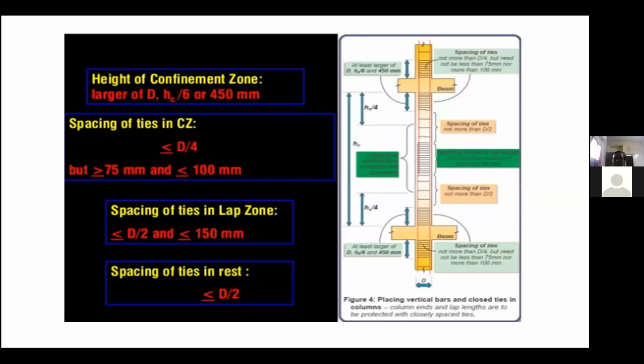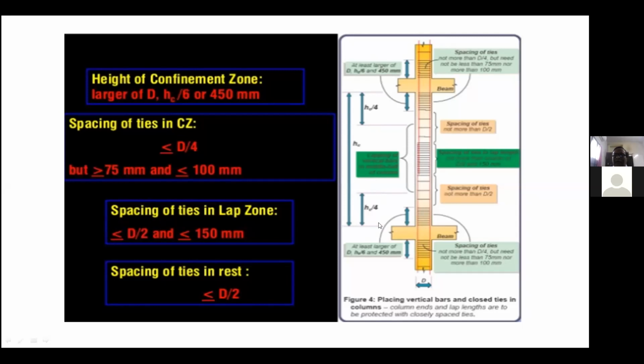Now coming to the column. We talked about the beam, where we have the beam column region and have to provide very close stirrups. Similarly for the column, look at the diagram. This is one floor we have taken for the discussion. You have a beam and beam, floor to floor. The total from the bottom of the roof beam to the top of the floor beam is called the total height of the column, HT.